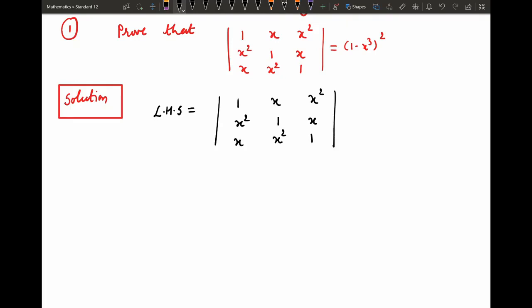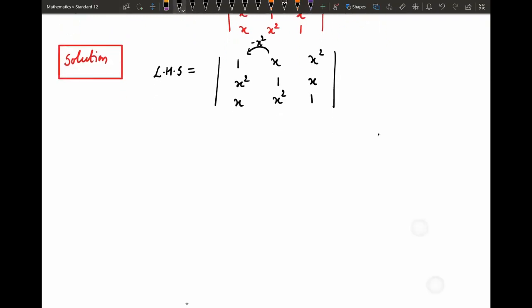Now you observe the elements. If we multiply this column by minus x square and add in the corresponding entries of first column, that is, if we perform C1 to C1 minus x square C2, that means multiplied column 2 by minus x square, add in the corresponding entries of